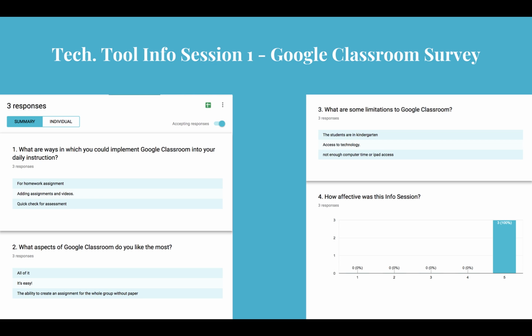So I felt as though this was a very great limitation that this teacher highlighted, because this upcoming school year, kindergarten and 1st grade no longer have to worry about access to technology and not enough time, because Potomac Landing is turning into a one-to-one school. So that's going to help them X out the limitations. And the effectiveness of this session, they gave me a 100%,